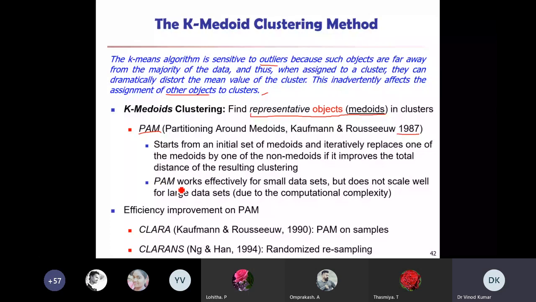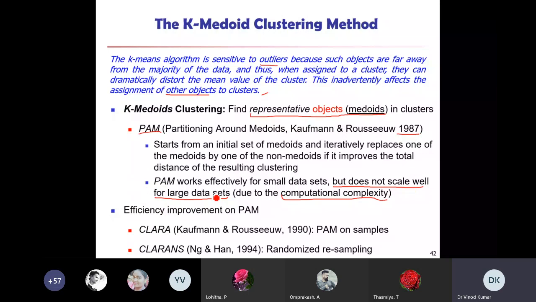PAM works effectively for small data sets, but does not scale well for large data sets, because you have to do many cost calculations for different random objects. Due to the computational complexity, it doesn't scale well.